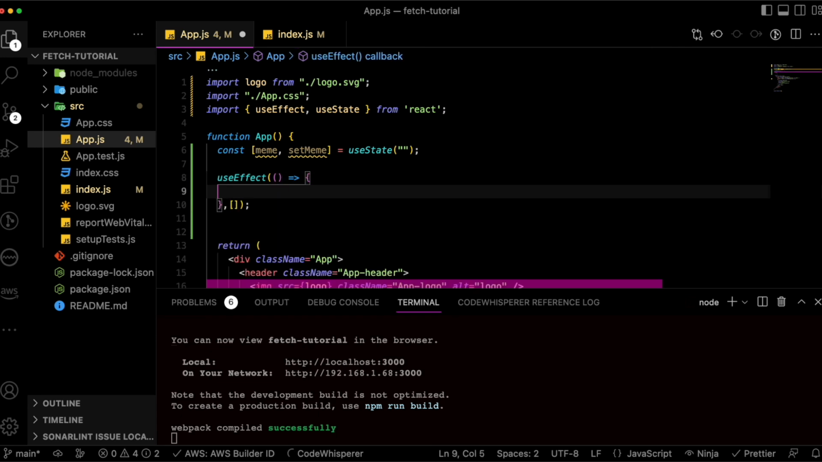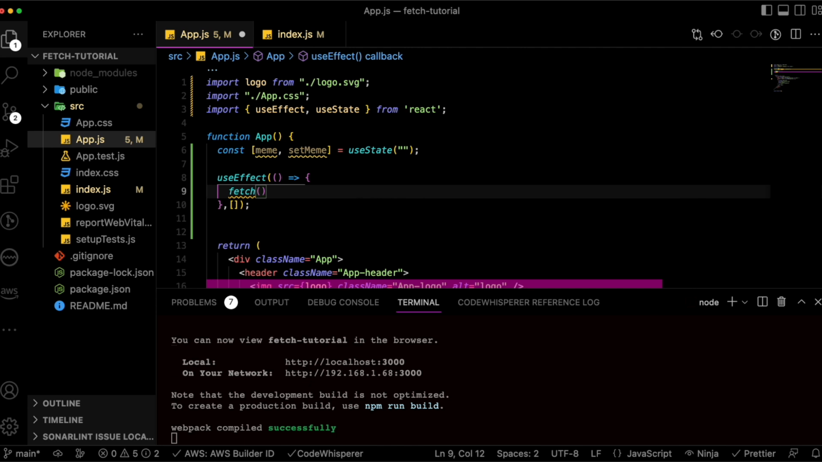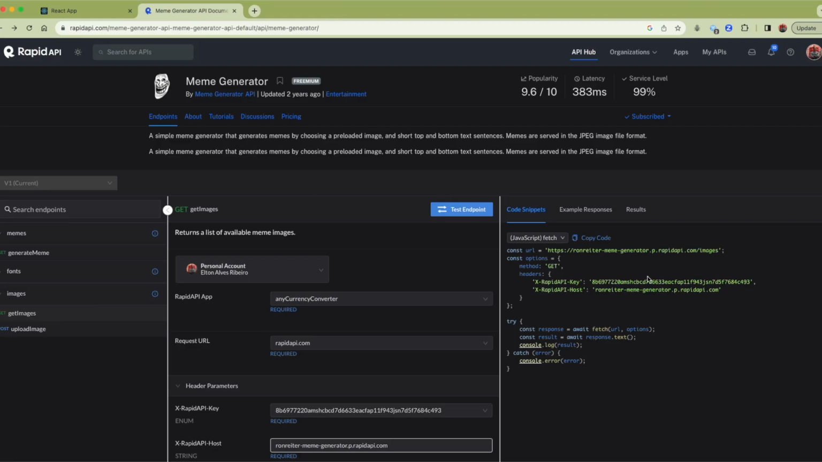After having it like this, I will also be using fetch from JavaScript. And what fetch does is go look for some data, some response from some specific endpoint or API that we want to consume, where we want to get our data from. So we will be using fetch here. I'll be using this endpoint